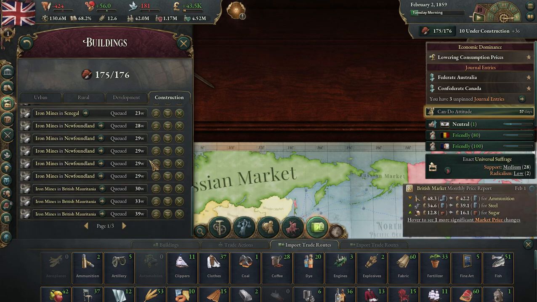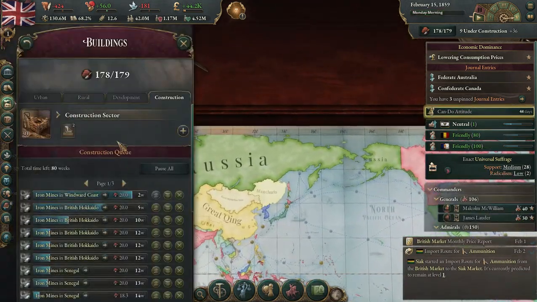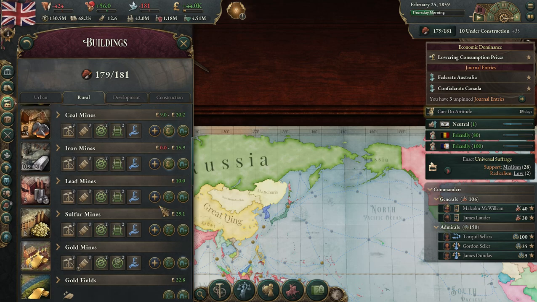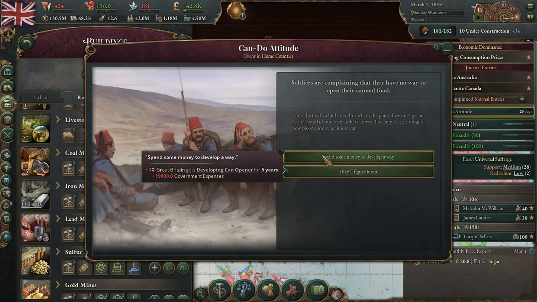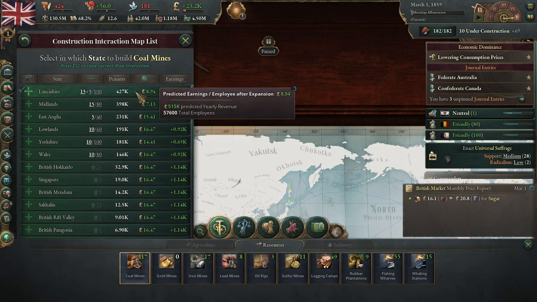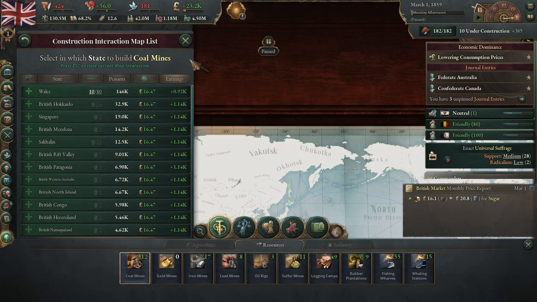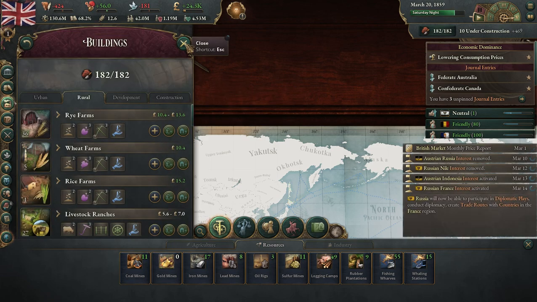Okay, we're going to build up our mines as fast as we can. And with any luck, we'll be able to get to where we want to go. It's fine, we'll spend the money, sure. I'm just going to max out our coal production. I'm sure we don't have enough to do all of it, but...